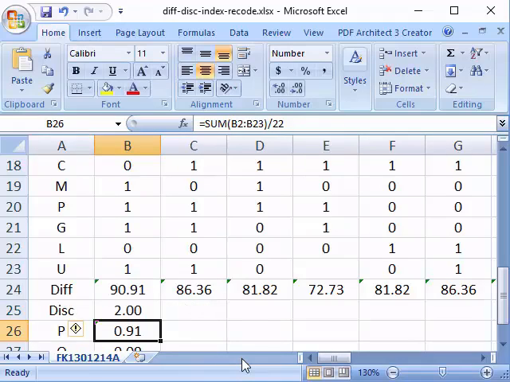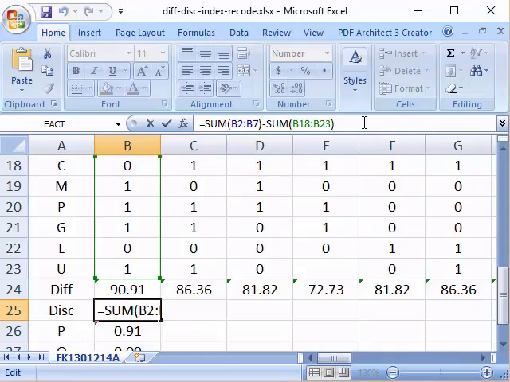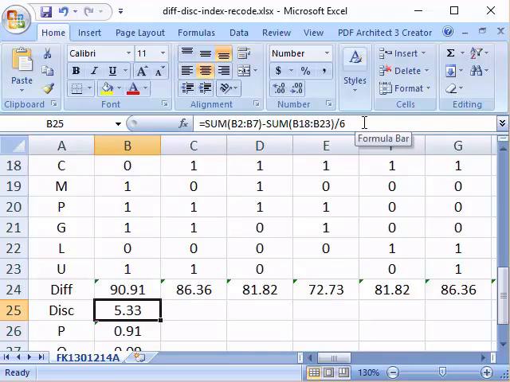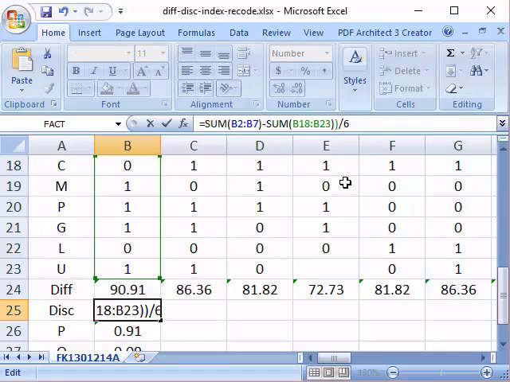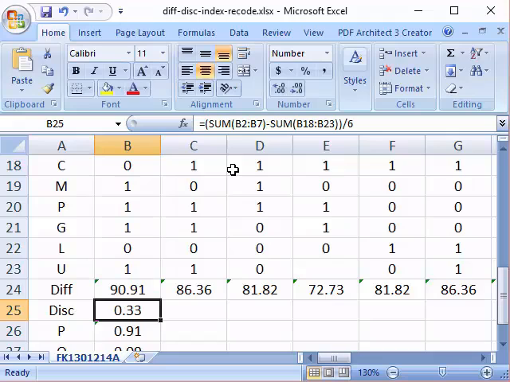Close bracket, enter. So the total is 2 out of... the difference of those who get the correct answers is 2 out of 6. Okay, so 2 out of 6, so you have to put in this one, divide by 6. Please take note, because this is in formula basis, so you have to put in the bracket, otherwise you get the wrong answers. So here you can see, you do the top part first, then you get the bottom part.